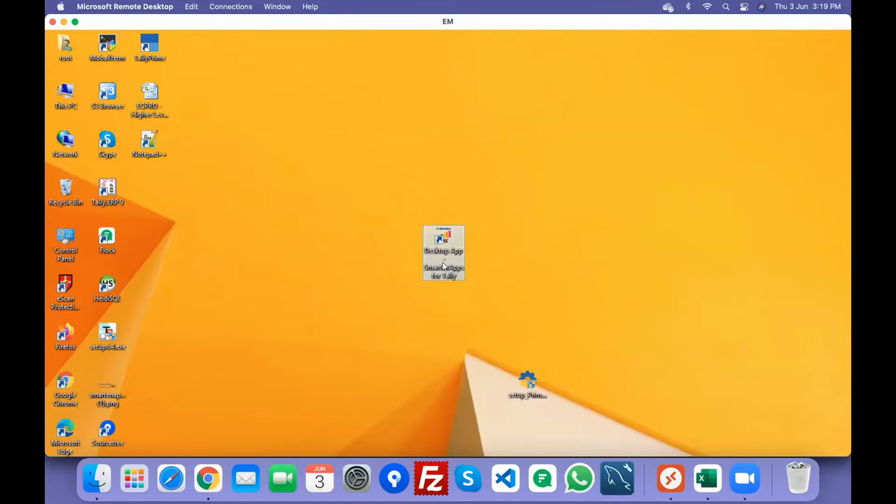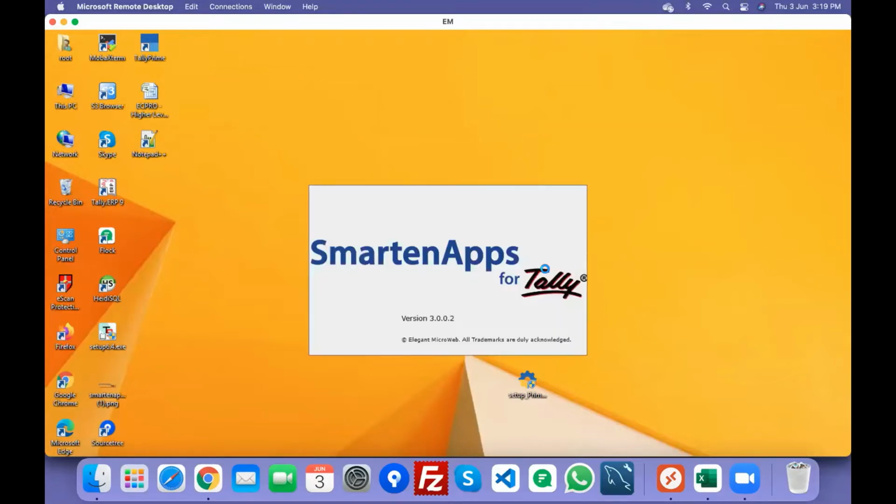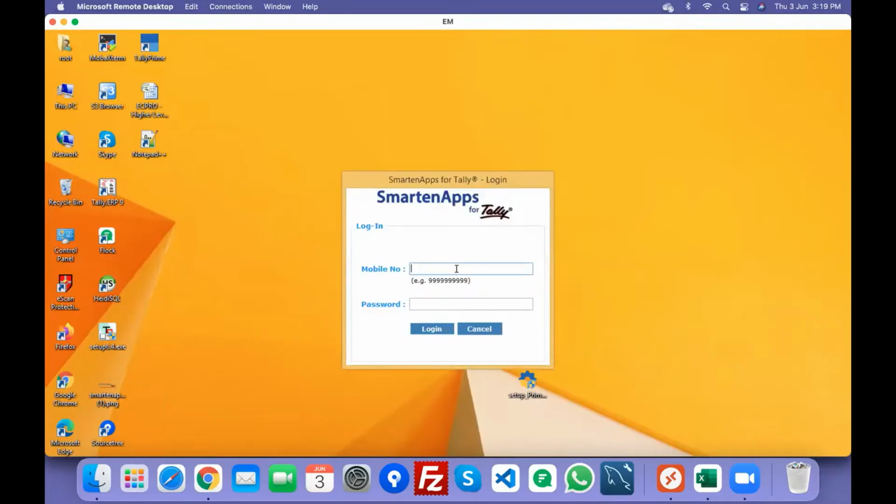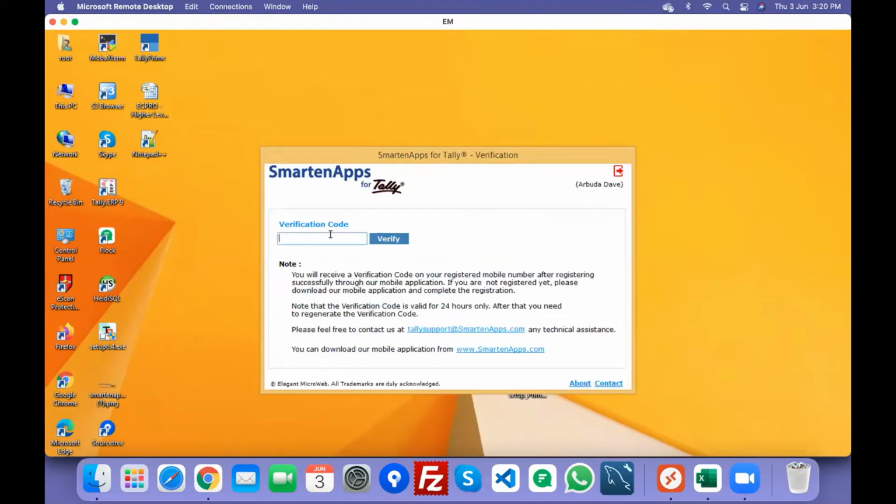Now for this, I'm going to use the same registration credential which my colleague Arbuda has just registered with. I am logging in as the first user of a company who is considered an admin for this company. So I am logging in with the same credential.